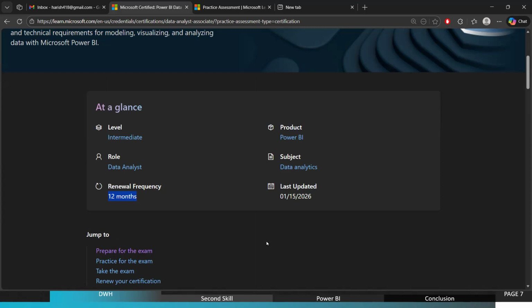It's not like once we do the certification, we carry it for 5 years or 10 years. Every 12 months you need to renew free of cost. There are no charges for the renewal. They just want to make sure we have the right level of knowledge and understanding.